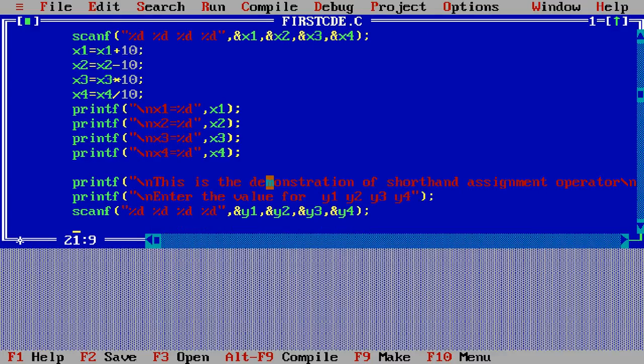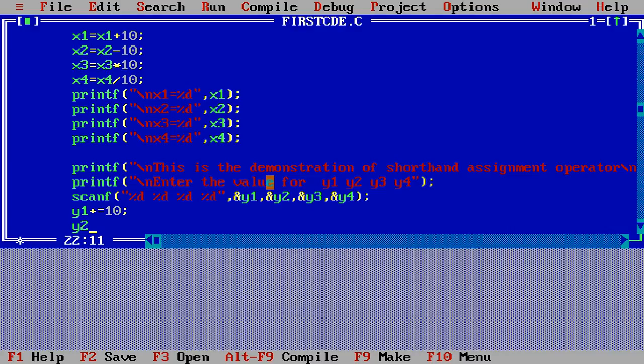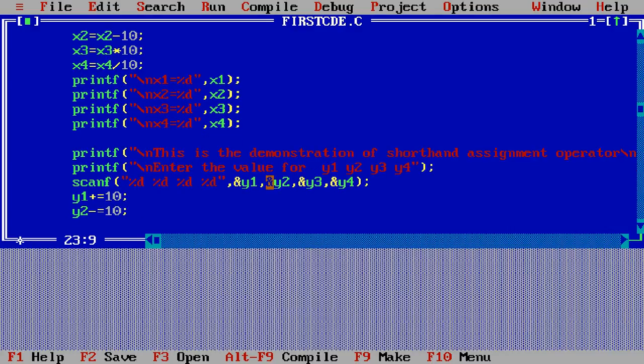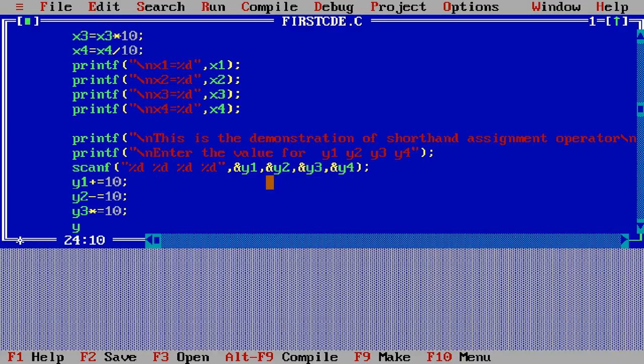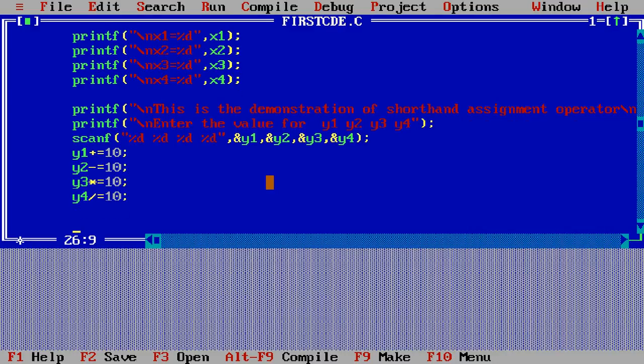Okay, and then I write here y1 plus equal 10, then y2 minus equal 10, y3 multiply equal 10, and y4 divide equal 10, and then I write here printf